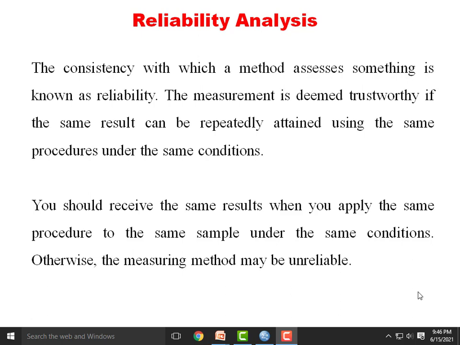The measurement is deemed trustworthy if the same result can be repeatedly attained using the same procedure under the same conditions. You should receive the same result when you apply the same procedure to the same sample under the same conditions. Otherwise, the method may be unreliable.